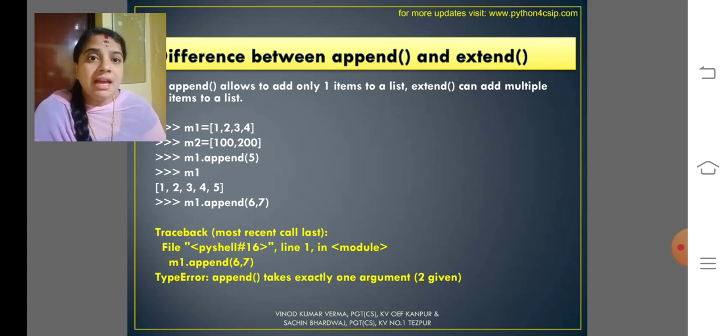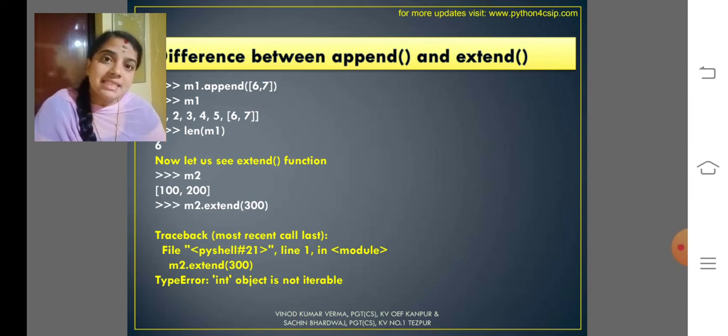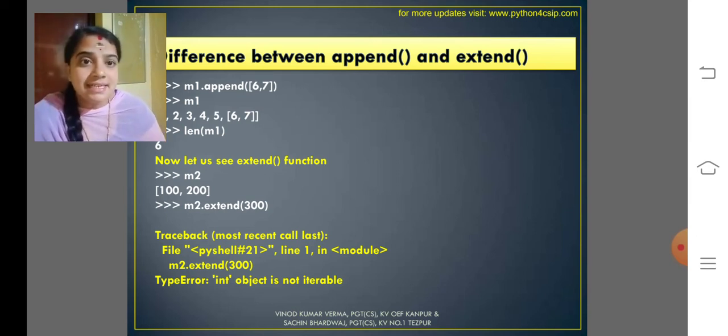If you give append of 6, 7 within square brackets, it becomes the next element as a nested list element. Look at the example I had given here. Append of 6, 7 within square brackets. So what happens? 1, 2, 3, 4, 5, then the next element will be 6, 7. That is a nested list.